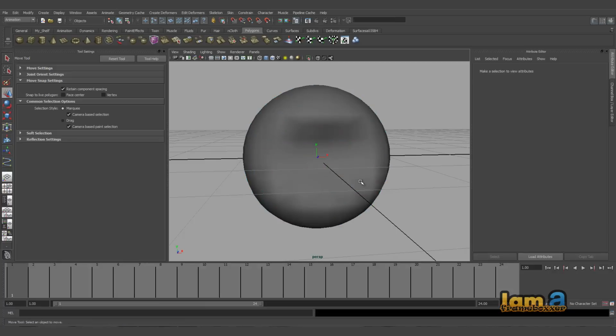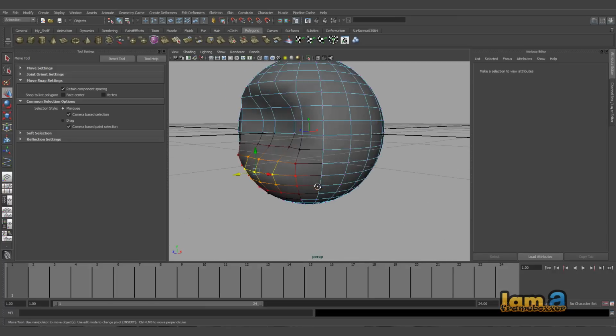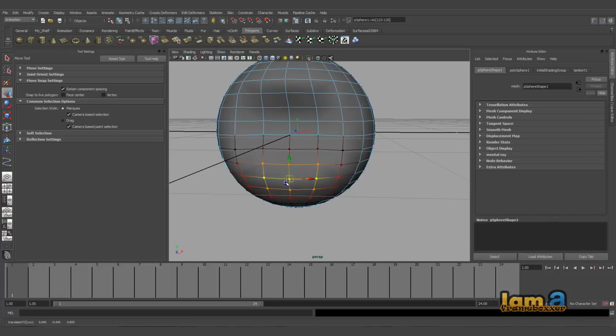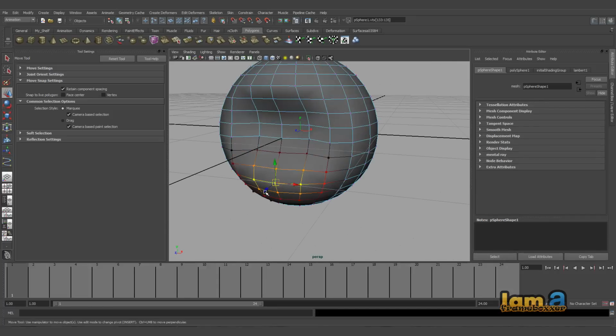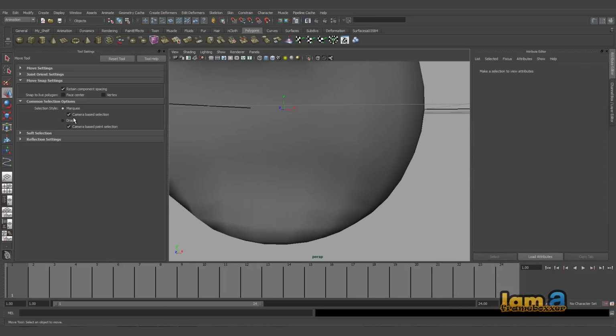Let's go into this marquee select, choose a particular area. You don't get the back faces getting selected here, and you can start working with this. Press B again, you're back to normal. Press B, you go to the soft mode selection. Very useful and quick while modeling.